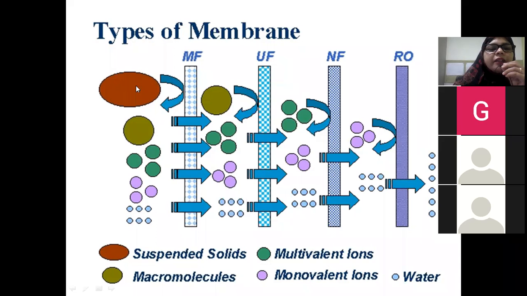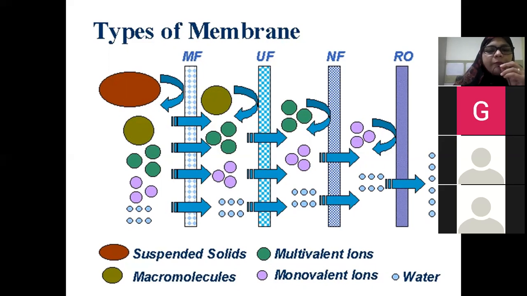So you can see here in the diagram that this suspended solid cannot pass through this microfilter and it is rejected. Rest all can pass through this microfilter. Then in the second case, ultrafiltration, now these substances are passed through it. You can see that macromolecules are also rejected, and only your multivalent ions, monovalent ions, and water molecules are passing through this